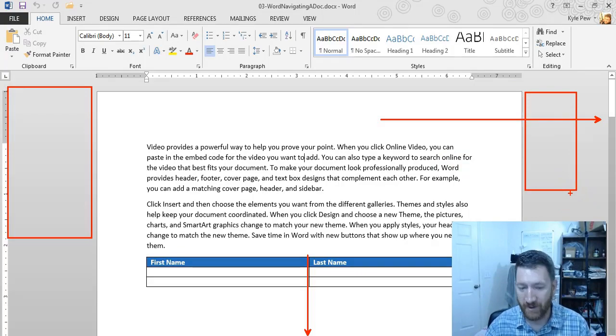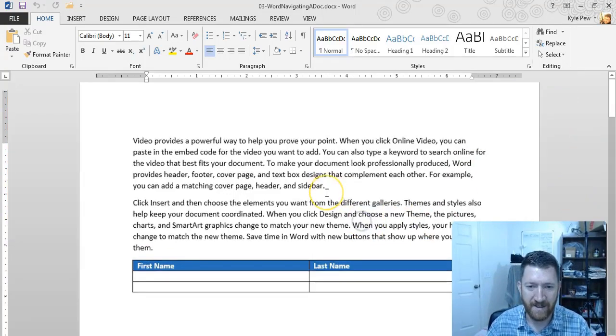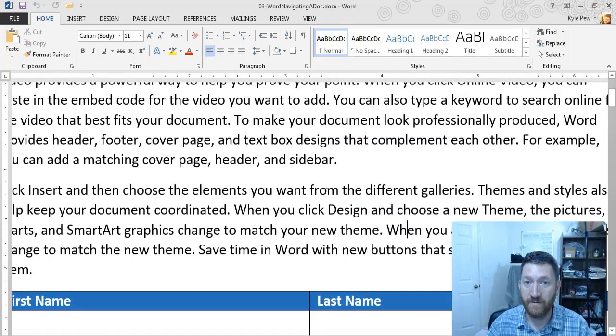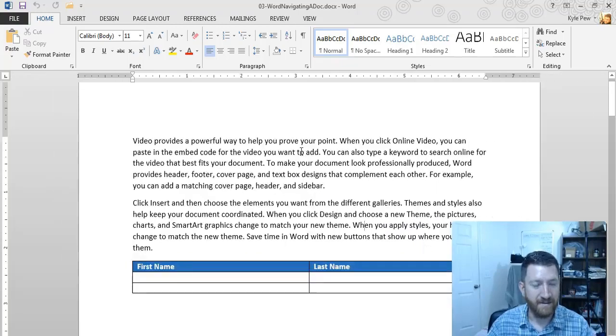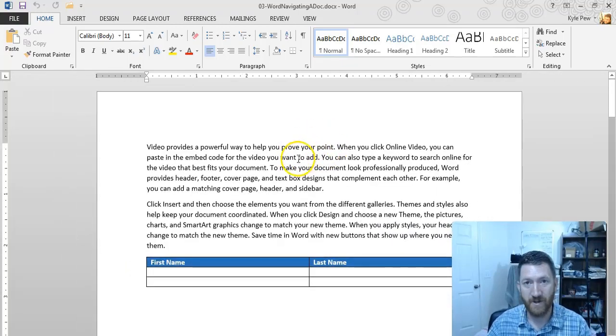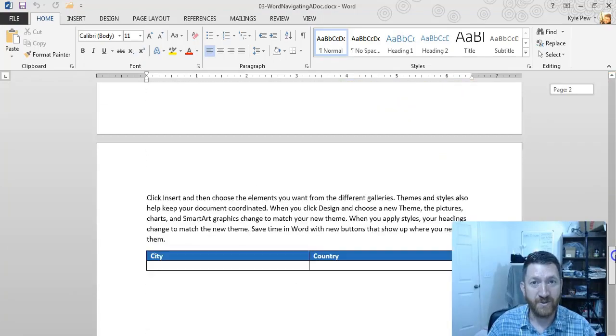But if I zoom in really close, for example, the middle mouse wheel and the control key on my keyboard will allow me to zoom in, and you can now see that I've got a horizontal scroll bar at the bottom of my screen now. But in either case, let me zoom back out again. Again, just the control key and your middle mouse wheel. I've got my vertical scroll bar, and I could use that just to left click and drag and help me